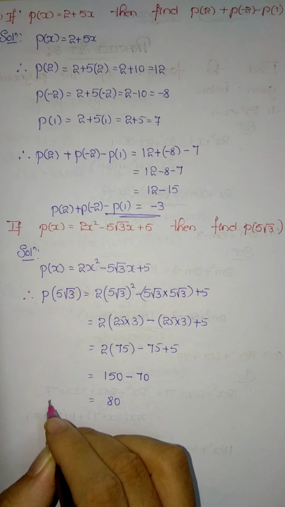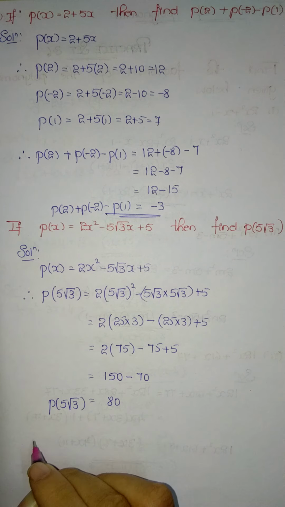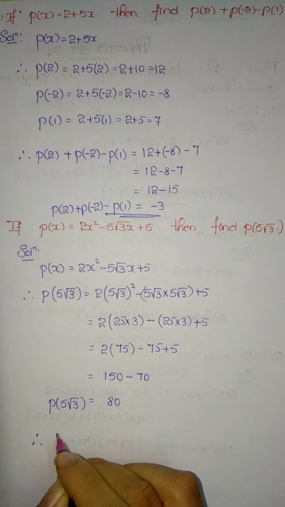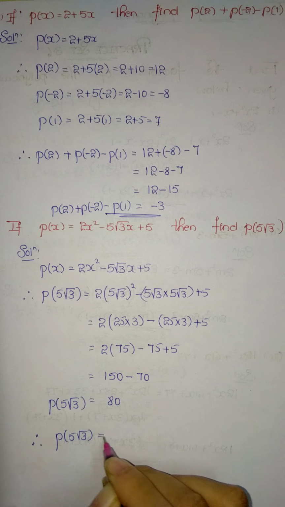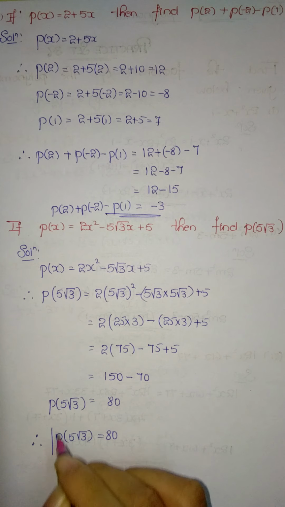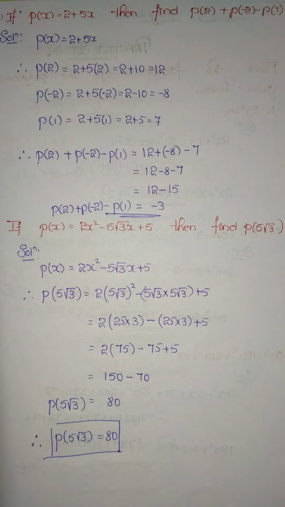So p of 5 root 3 equal to 80. Therefore the answer: p of 5 root 3 equal to 80. So it completes our question number 13 as well as practice set 3.5 and the entire chapter polynomial,